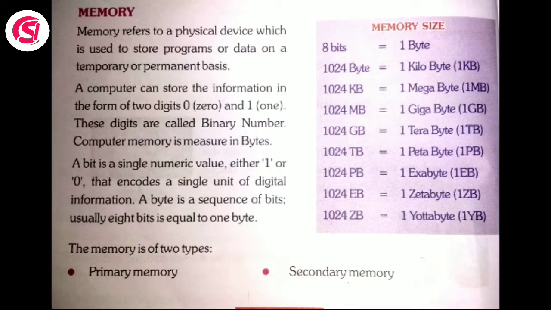The smallest unit of memory is bit. Bits are so small, we rarely work with information one bit at a time. So, bits are gathered into a group of 8 to form a byte. Simply, a byte is a group of 8 bits. A byte contains enough information to store a single character like A, B, C, etc.